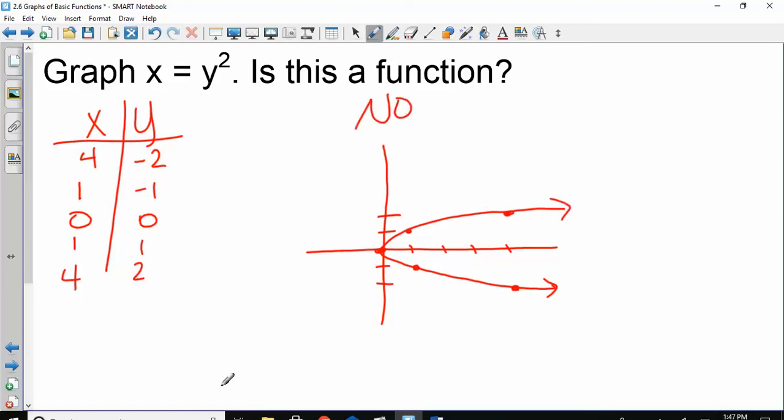So is it a function? No, it fails the vertical line test. So remember, a parabola is x equals y squared. I flipped my x and y and then turned my graph on the side. Okay, there is something else I want to do, but I think I'm going to give you a few minutes to work on the